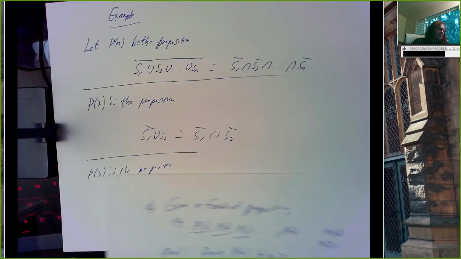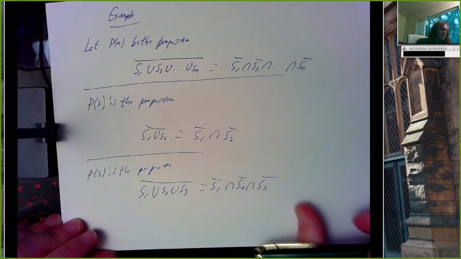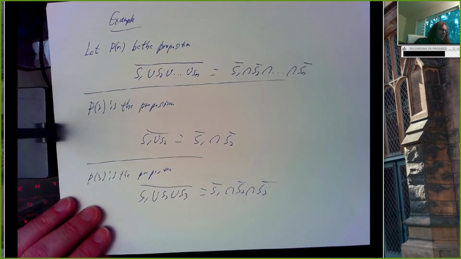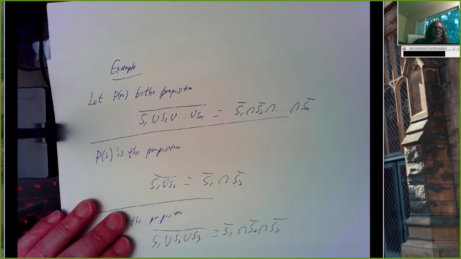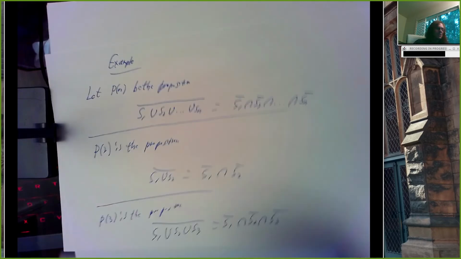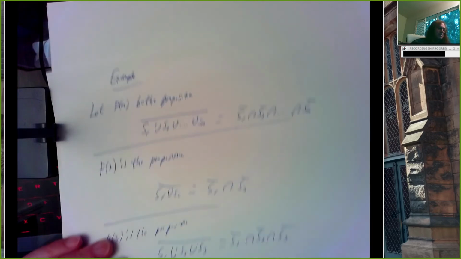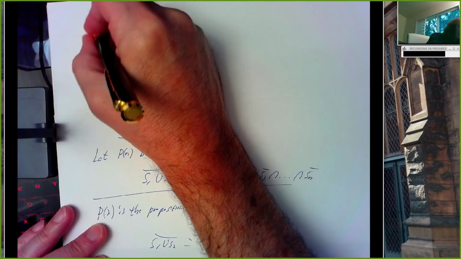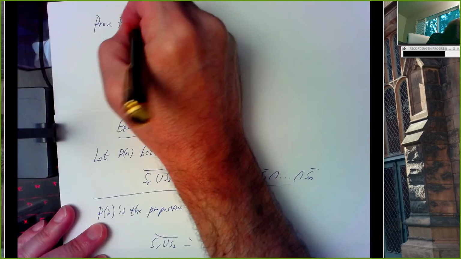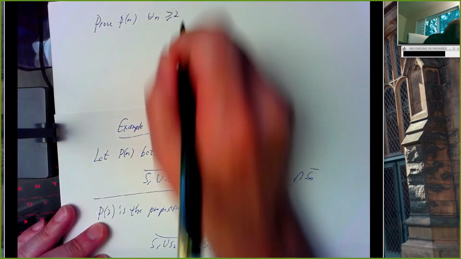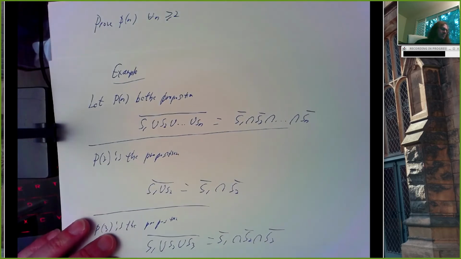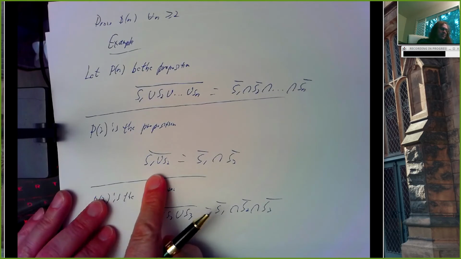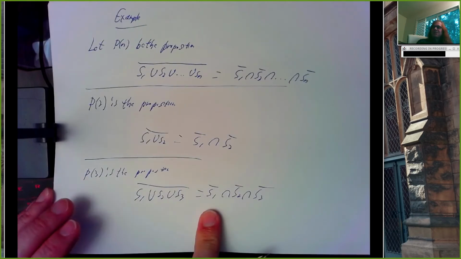All right. So let me shift gears slightly and let's do a slightly different version of this. Remember I said we can wiggle this around a little. Let's prove this family of propositions. Let's prove P of n for all n bigger than or equal to 2. So we won't worry about De Morgan's theorem with one set. So P2 is the proposition that this is true, P3 is the proposition that that is true, and so on